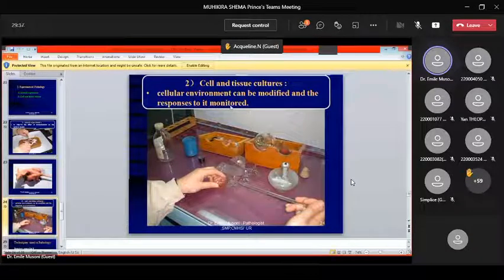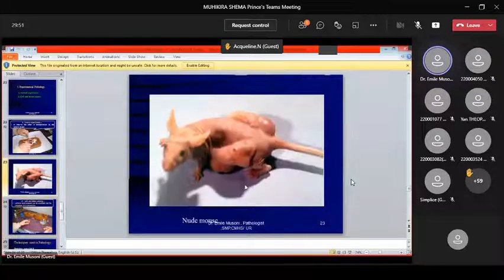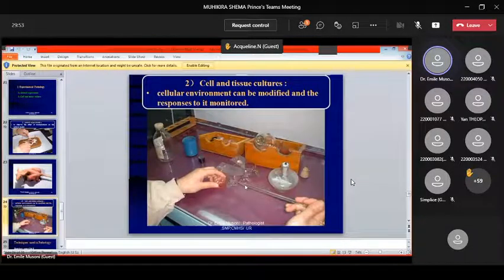Here they're performing cell and tissue culture. In our lab now, we don't have the lab equipped for tissue culture. Even for animal experiments, we don't have it. Maybe with the development of the country, we'll have it because it is useful for research. For example, if you want to test medicine, or know the clinical manifestation of the disease and some changes in the diagnosis, we have to do animal work and tissue culture.